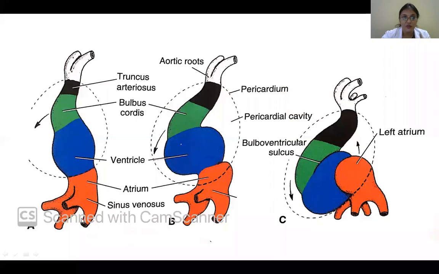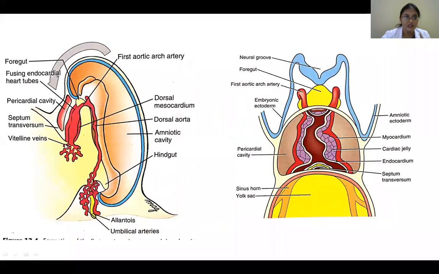And there are two ends for the heart tube. So this part is the venous end, and the other is an arterial end. So the venous end will be picking up the blood from the embryo and from the placenta, as well as from the yolk sac. About that development, in tomorrow's class we'll be discussing. So that is the venous end which gets all the venous blood, right? And the other end which you're seeing here, this is your arterial end of the heart tube.